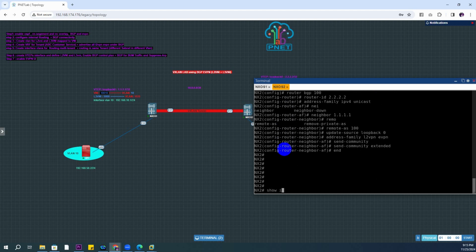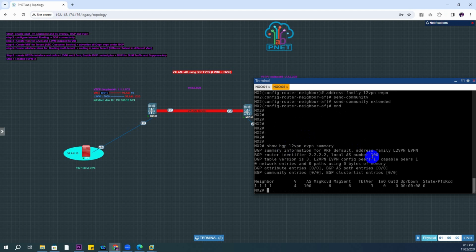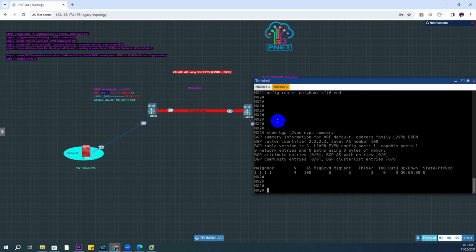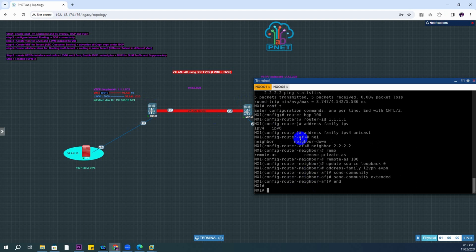If we check right now, show BGP layer 2 EVPN, layer 2 EVPN summary. Yeah, we can see the BGP is up. Okay, that's great. So now step number 1 and step number 2 are done. What we're going to do right now, we need to create